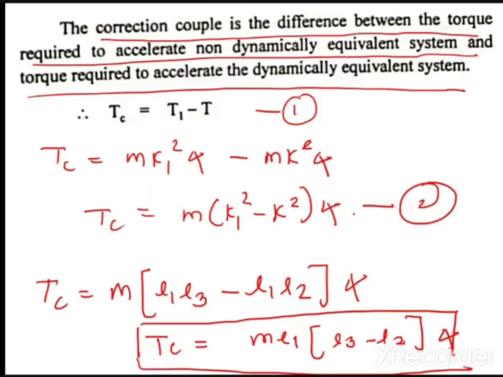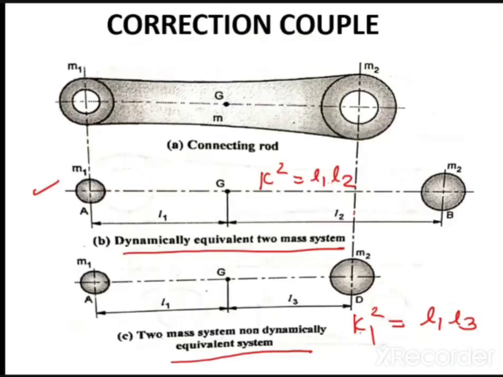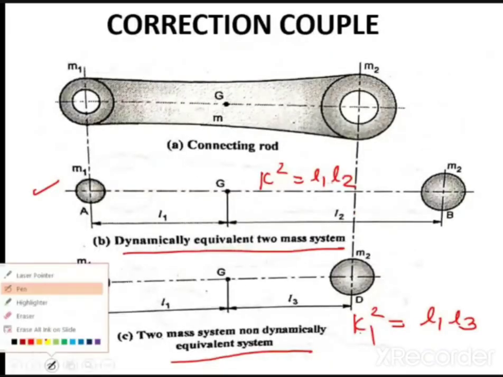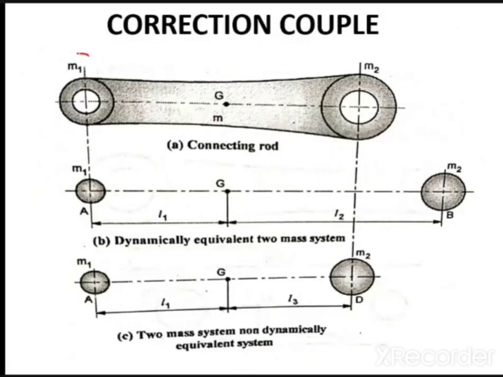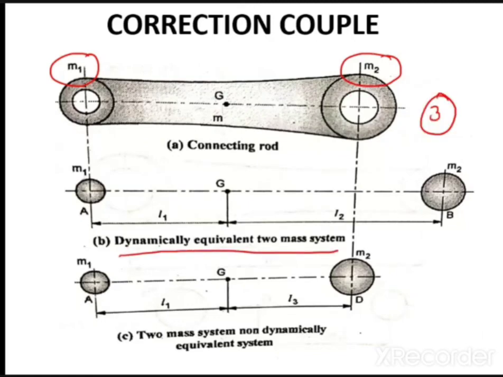Okay. So let me move backward. So let us say this is an example of a connecting rod. Okay, so this is an example of a connecting rod. In case of the connecting rod, when I am selecting M1 and M2 arbitrarily, for a system to become a dynamically equivalent system, all the three conditions are not satisfied. So in that case, when you are selecting M1 and M2 arbitrarily, in the practical case, basically in the slider crank mechanism, you have to apply the correction couple TC. Okay, आता